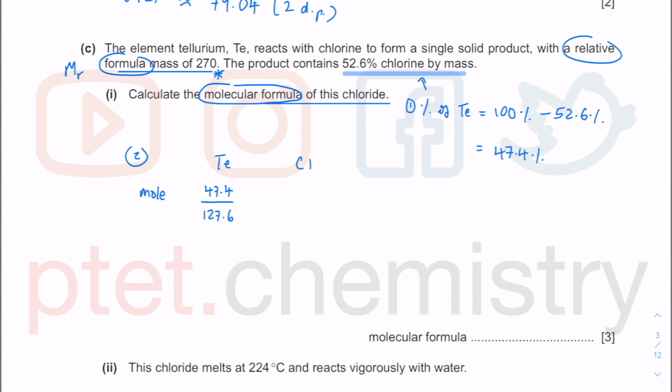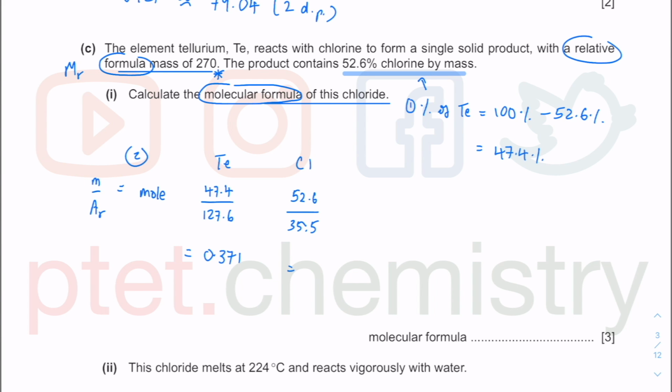So 47.4 divided by 127.6, mass over Ar, because I'm talking about atoms, the simplest whole number ratio of atoms. Similarly for the chlorine, 52.6 divided by 35.5 and not 71, because I'm talking about the atom, the simplest whole number ratio of the atoms. So press enter on the calculator. So I get